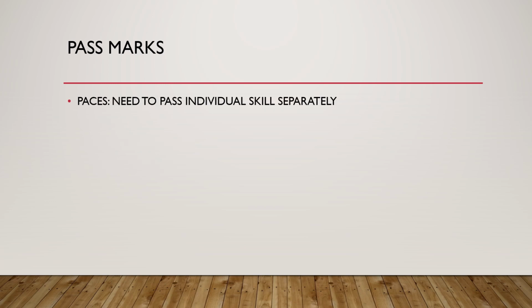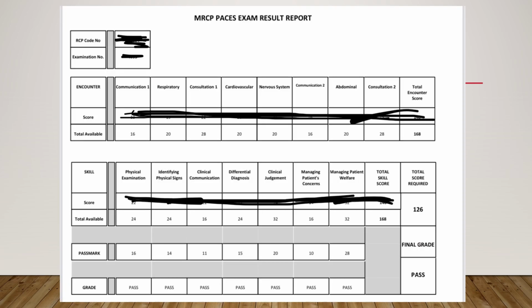In PACES, you need to pass the individual skills separately. I'll show you an example. When you pass your PACES exam, this is the result report. As you can see here, the encounters and the total available marks for each encounter are given. After that, the 7 skills like physical examination, identifying physical signs, communication, differential diagnosis, judgment, patient concerns, patient welfare, each of them have a separate mark. The total score is 168. You need to at least get 126 marks, and that too